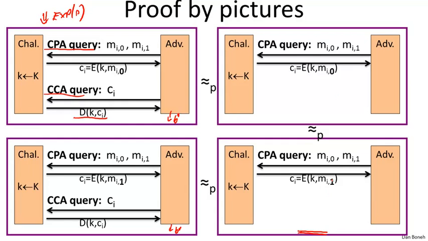And so now, by this chain of reasoning, we've proven that all these games are equivalent, and in particular, the original two games that we started with are also equivalent, and therefore the adversary can't distinguish the top left from the bottom left, and therefore the scheme is CCA secure. So this gives you the intuition as to why authenticated encryption is such a cool concept, because primarily it implies security against chosen ciphertext attacks.